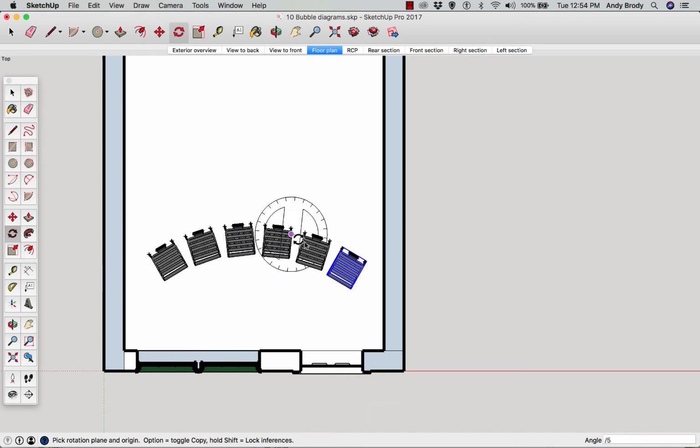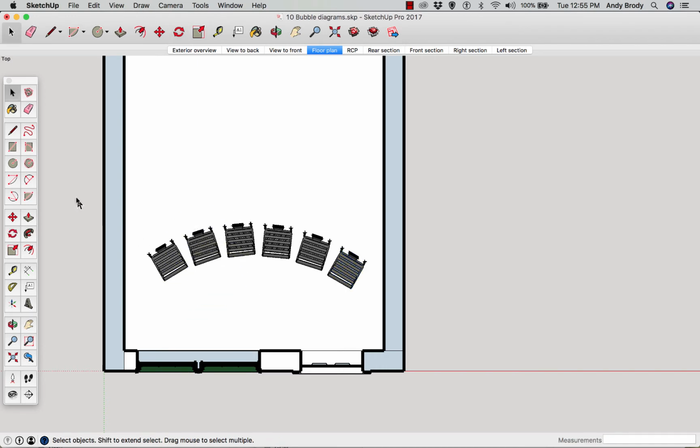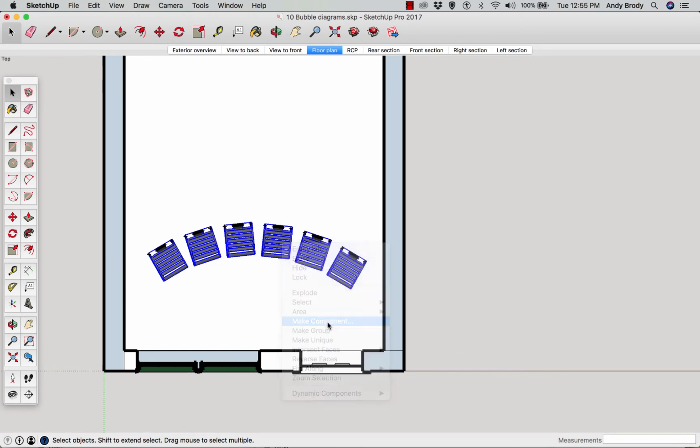And you see how SketchUp interpolates the angle from the first to the last. That might be too many. There we go. Now I have an arcing array, and I can do the same thing that I did before. Make a component out of this